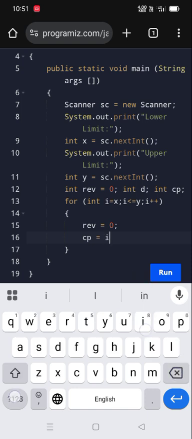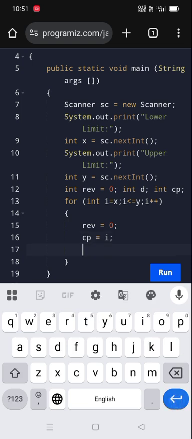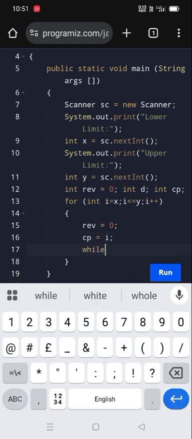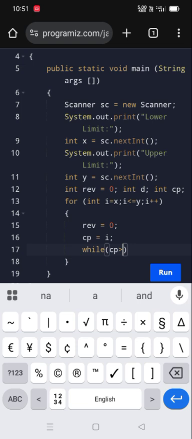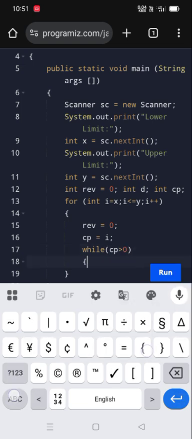So we cannot use i inside the while loop directly, so we are making a copy of i variable, which is storing the range, that is from lower limit till the upper limit. So after that we will have to give the while condition that copy should be greater than 0. Okay, so you have to input a number which is greater than 0,